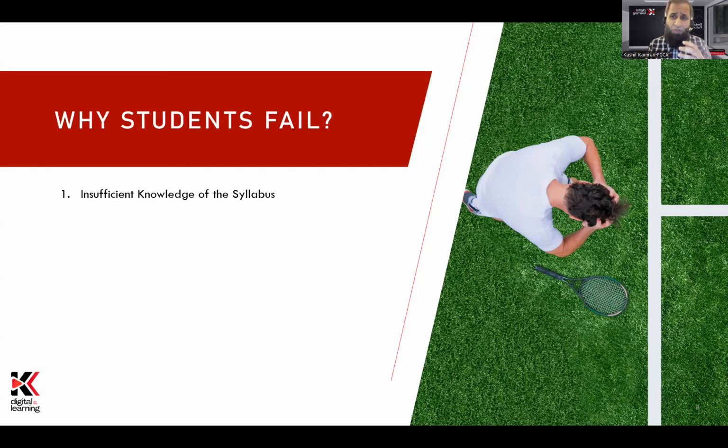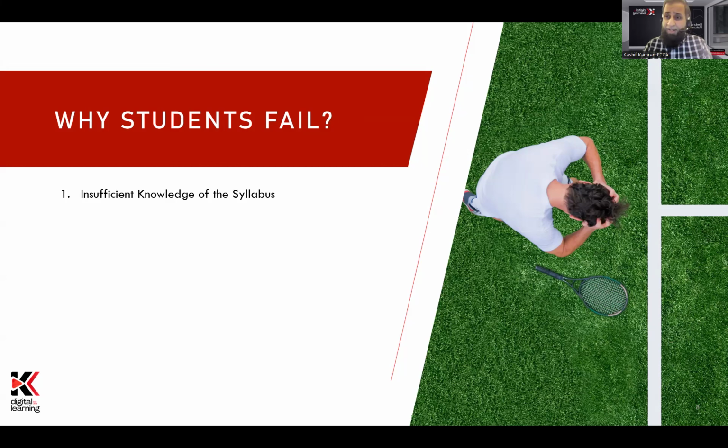Either the students are not getting a good grasp of the 5 syllabus areas, or they're doing selective studies, not giving good time to each syllabus area. Now, you will be enrolling for a course, so you will be getting good knowledge of each syllabus area, and the tutor will be guiding you about what you need to do to gain confidence in each one. So definitely you will be far better off than students who are self-studying, who might take a risk of insufficient knowledge of the syllabus areas. And you also need sufficient knowledge of the financial reporting standards you have covered in your FR paper. That is also very important.